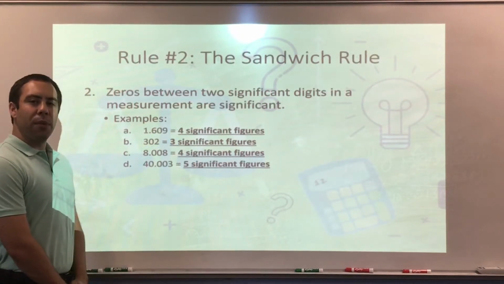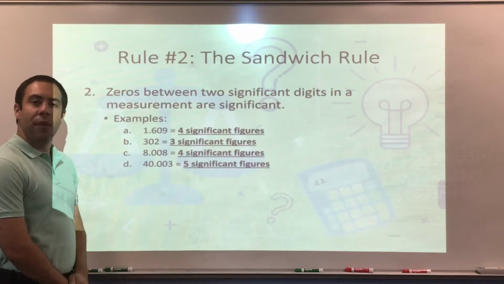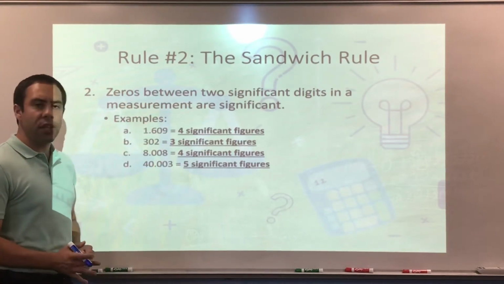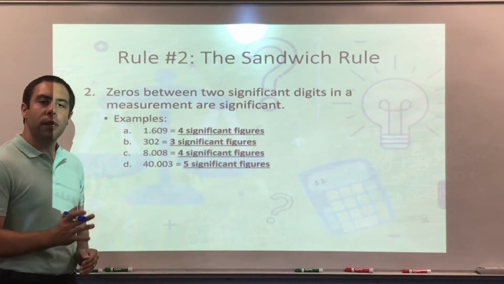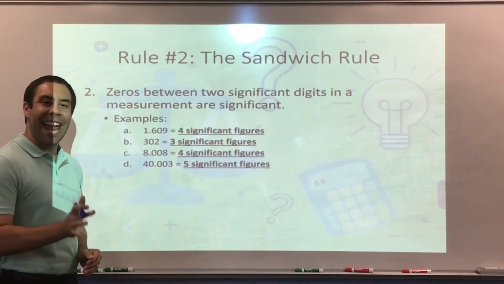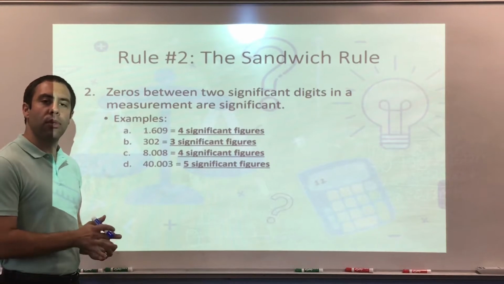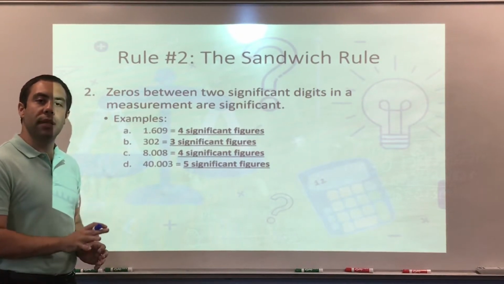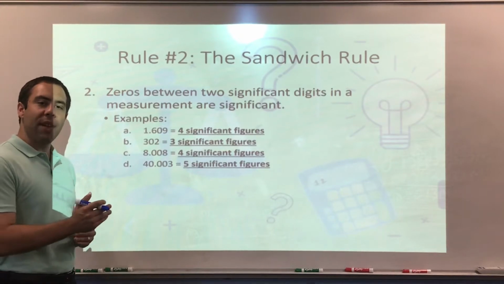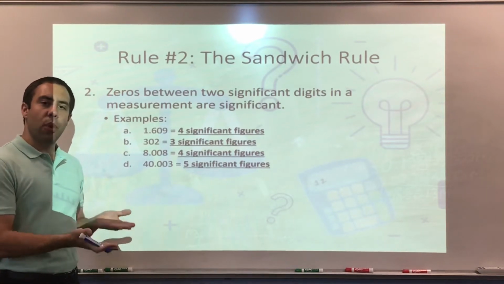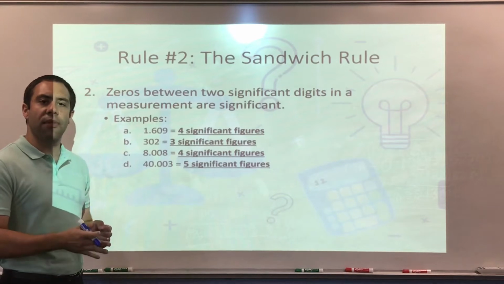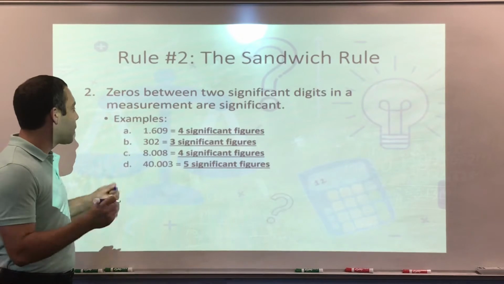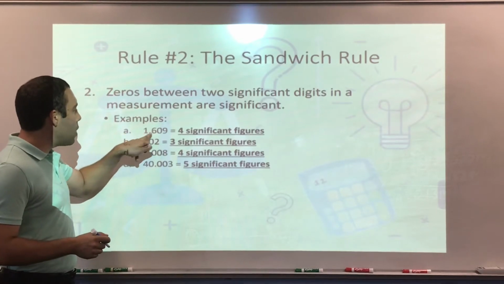I like to call rule number 2 the sandwich rule. Rule number 2 states zeros between two significant digits in a measurement are significant. Remember, any non-zero number, 1, 2, 3, 4, 5, 6, 7, 8, or 9, are always going to be significant. It's when we have a 0 in a measurement, that's where we run into some trouble on whether it's significant or not. So, for example, for the sandwich rule, for letter A, we have